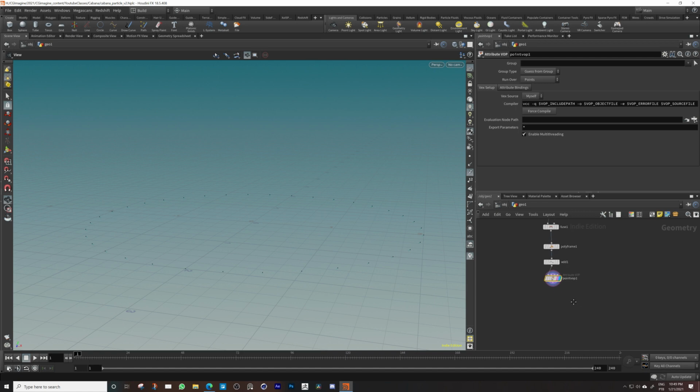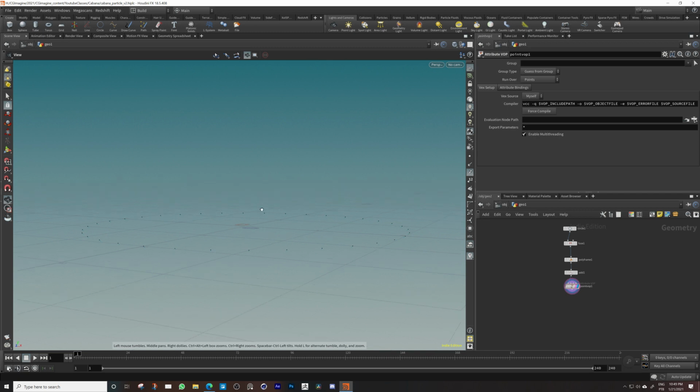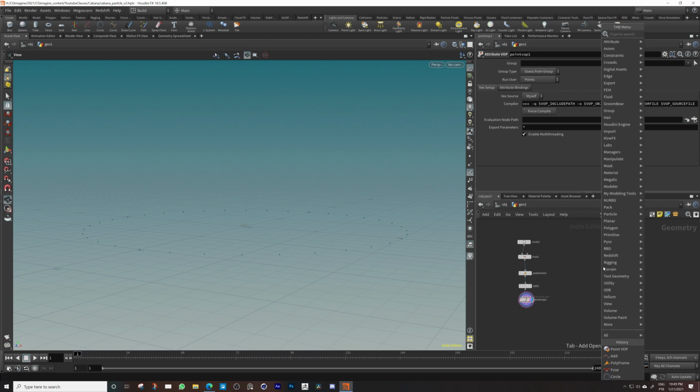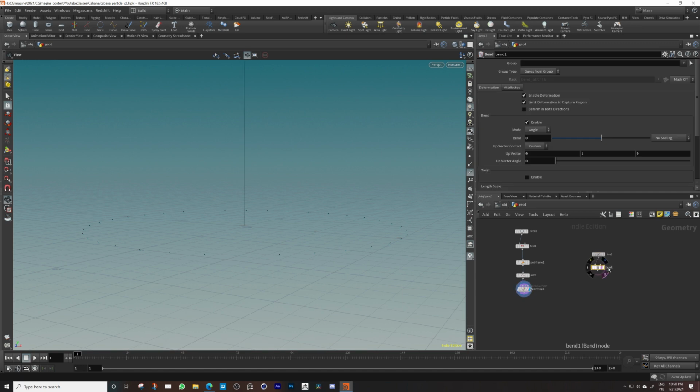So let's keep the bright UI, and I think before we start simulating the particles, I want to have some curve in the center that's going to attract the particles to it. So the particles are going to start shooting outwards from the circle because we gave this initial velocity. But what we need is for them to be attracted later to the circle, and that's going to shape our particle system. That is exactly what we want to accomplish, the forms and the geometry that we want in the end. So let's create a line, increase the number of points of the line, and let's put a bend node. That's really good because the bend node